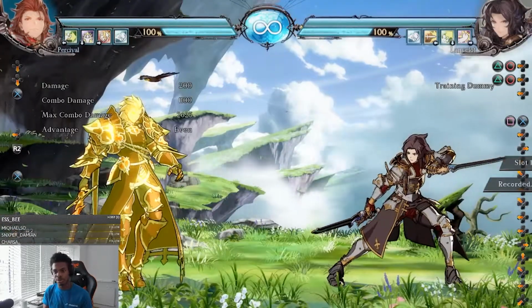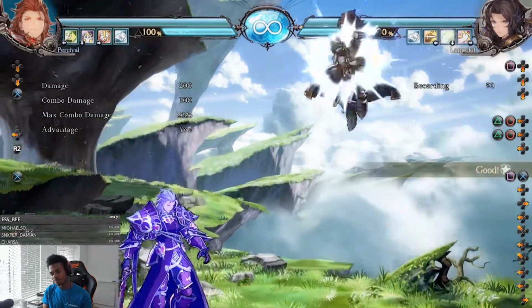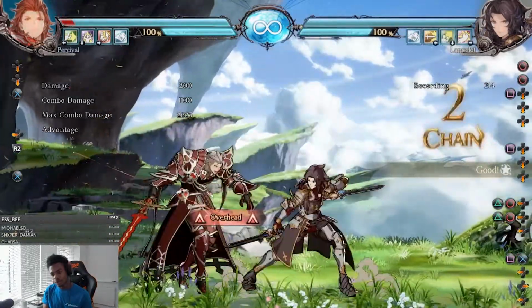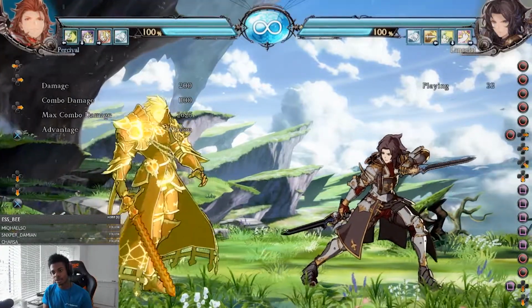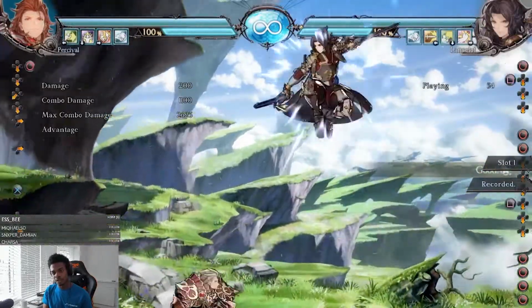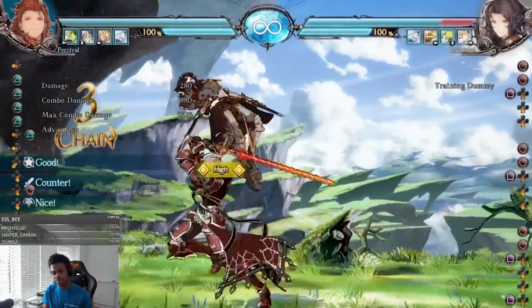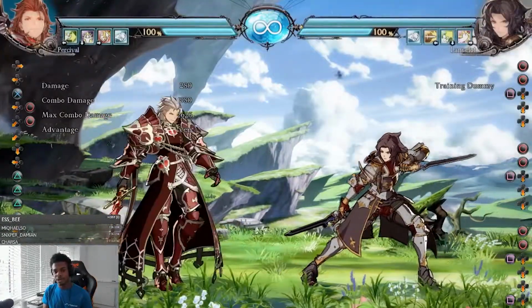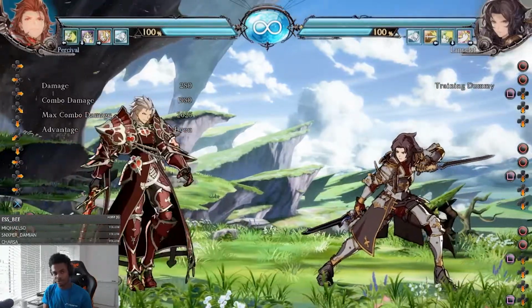So just be very careful of that. Now the next thing I want to talk about is his teleport, where he can do follow-ups like this, overhead. So you just want to be a bit careful when you see him doing certain things like that. If you can react to it, you can get a counter or just a regular anti-air. Just be very careful of where your spacing is and when he's going to do it, because the